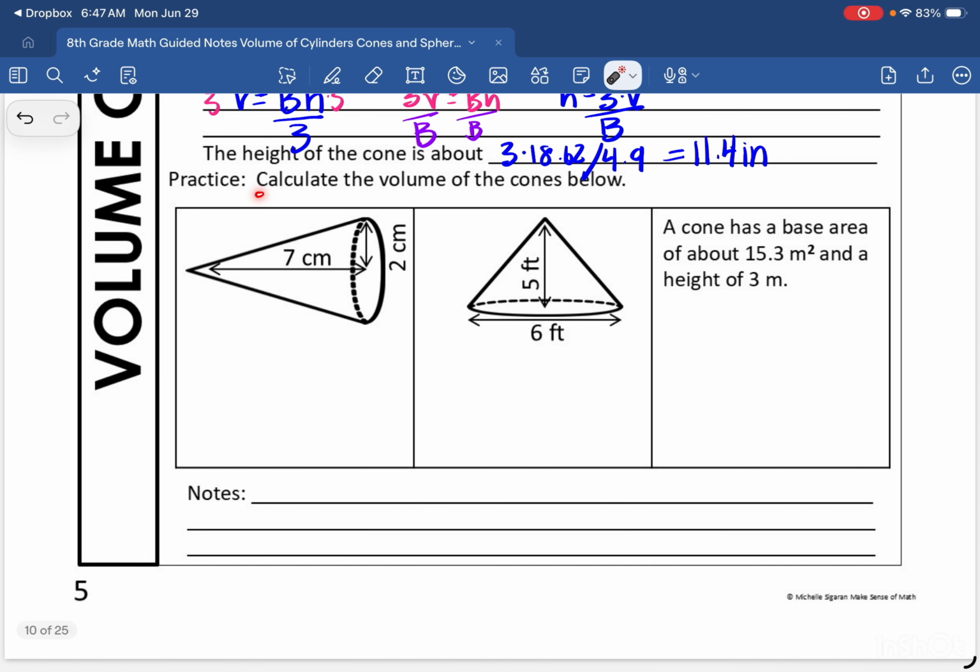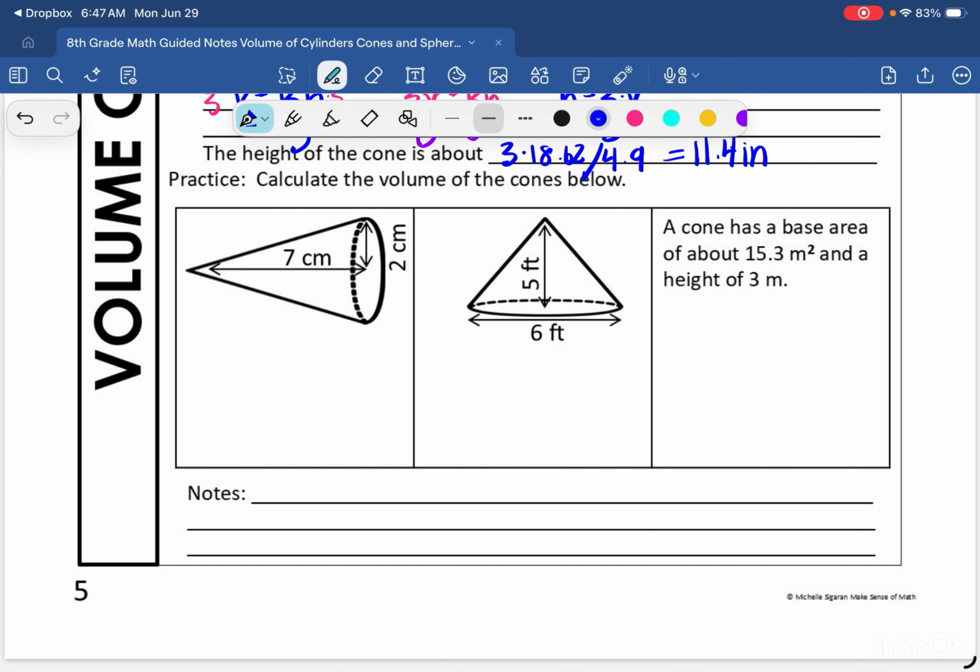Practice. Calculate the volume of the cones below. We're looking at this first cone right here. We need to know the area of the base, which is pi times the radius squared, pi times 2 squared, times the height right here, which is 7, and we're going to divide that by 3 because it's a cone. That gives me an exact answer of 9.3 pi, which is approximately